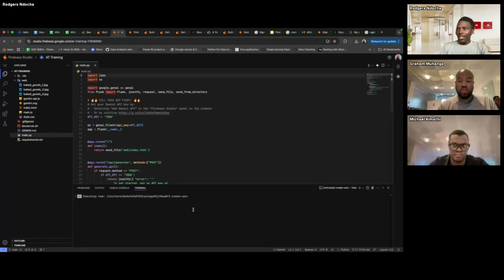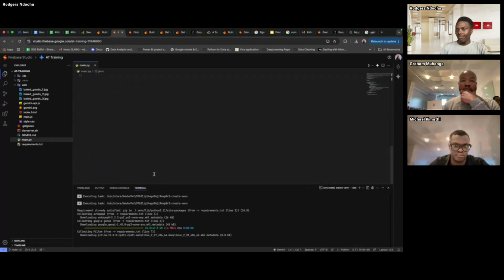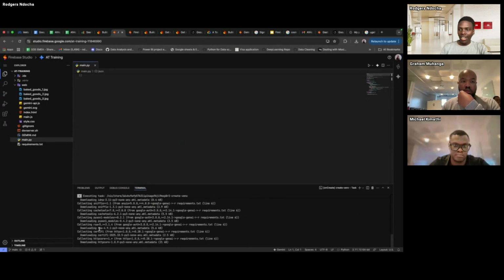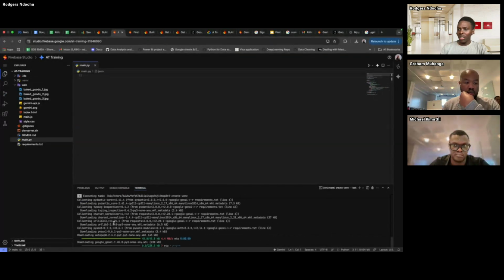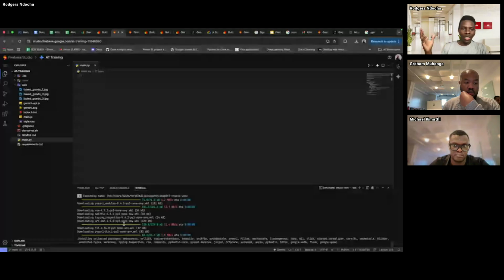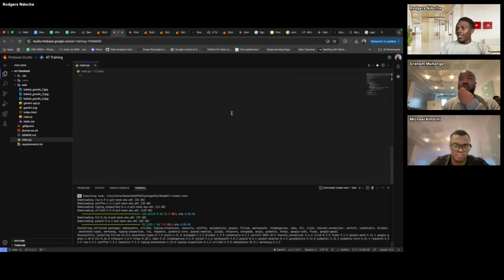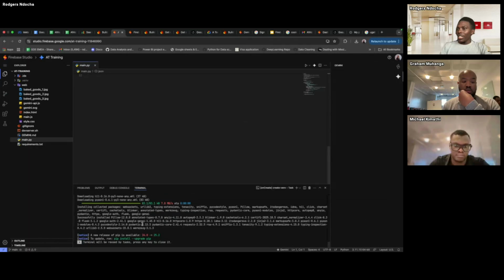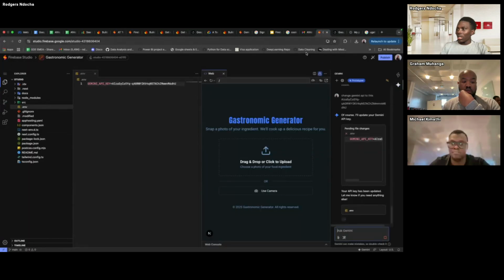It sets up the environment. You are able to see that from here. It will do some configurations here. Yeah, you see it's spinning up the environment variables and everything that you need in one place, so you don't have to worry about the dependencies. Okay, as it's spinning it up, let's check on our application here. It's still doing something.